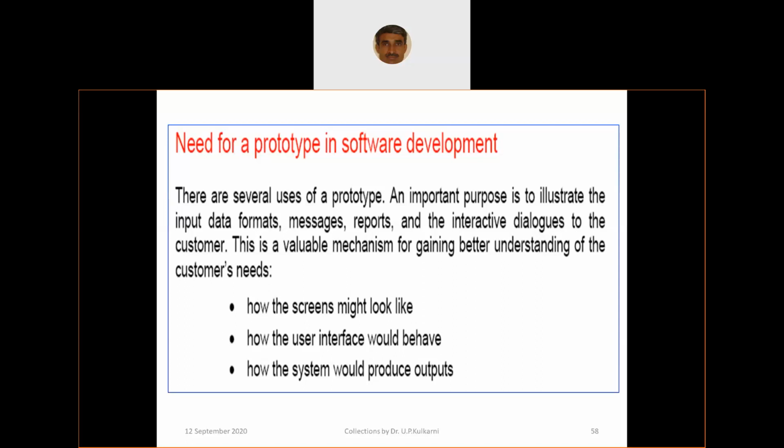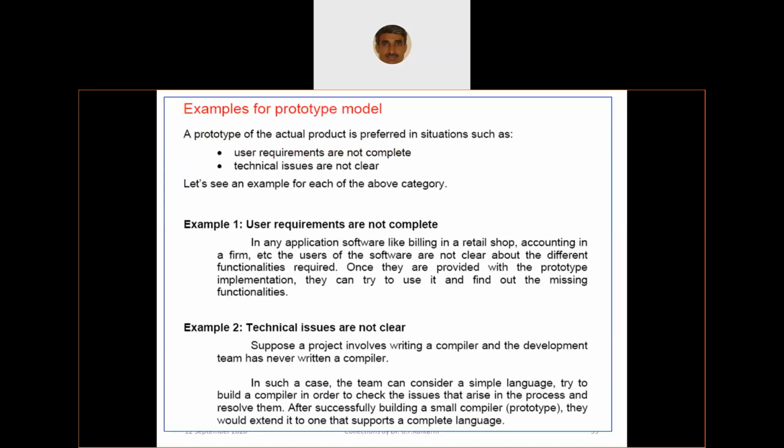These are all business scenarios I'm talking about. Please look into that. So basically, you go for prototyping for better understanding of customer needs. Look at that business scenario. User requirements are not complete. In any application software like billing in a retail shop, accounting in a firm, etc., the users of the software are not clear about the different functionalities required. See, they are end users. They are very good in their domain. But when you ask what exactly they want,